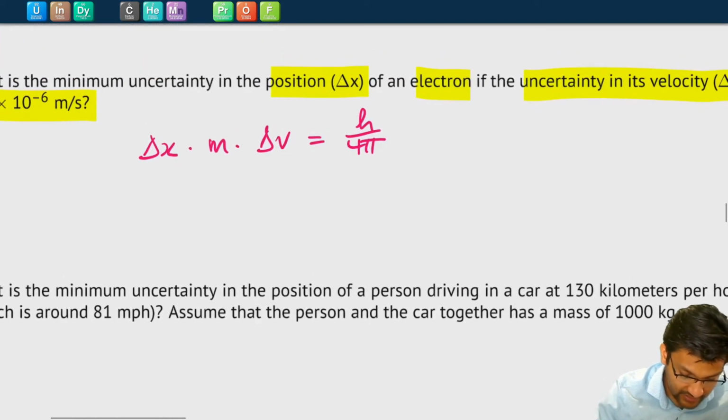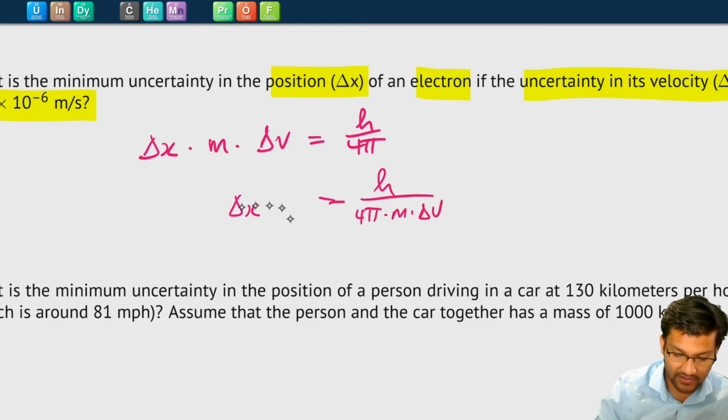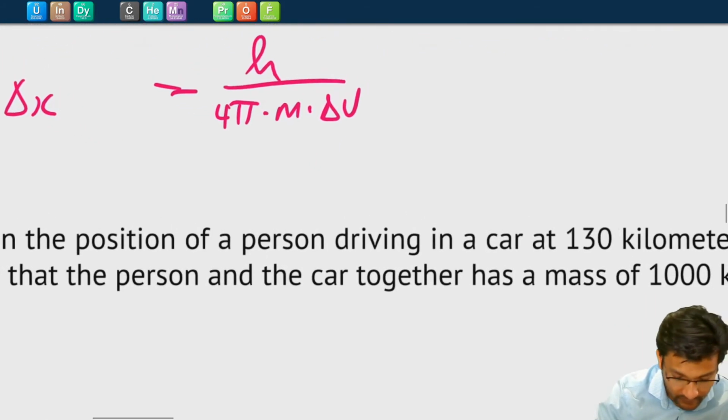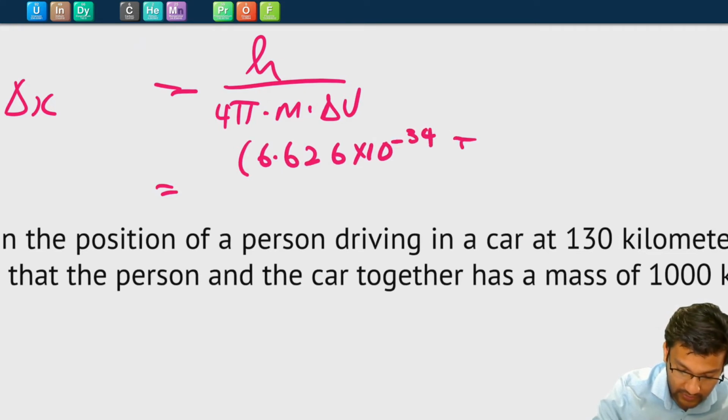We want to calculate the uncertainty in the position, so we divide both sides by m and delta v, and we get h over 4 pi times m times delta v as the minimum uncertainty in the position. And now we're just plugging in numbers, really. h is 6.626 by 10 to the minus 34 joules times seconds, or in this case we'll use the other units, kilograms meters squared per second,